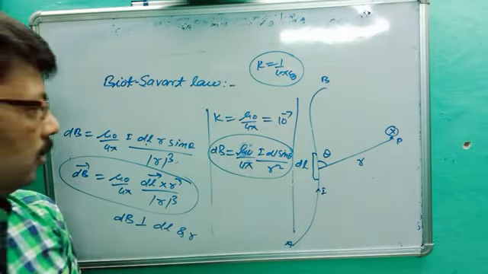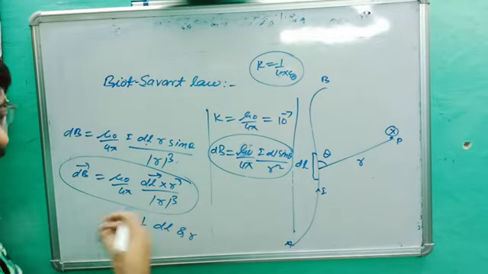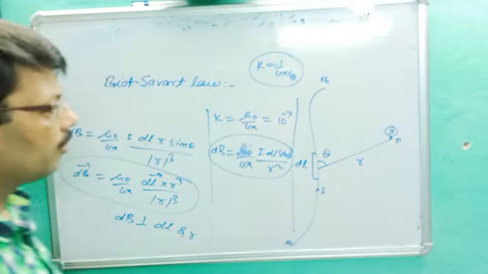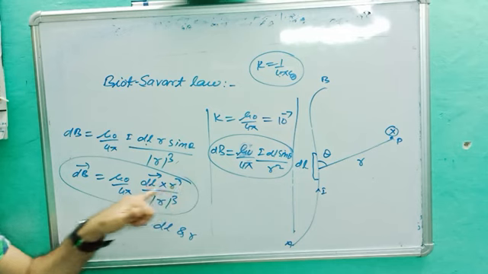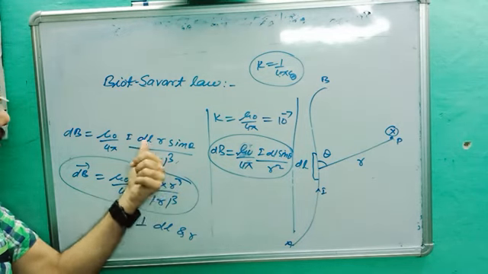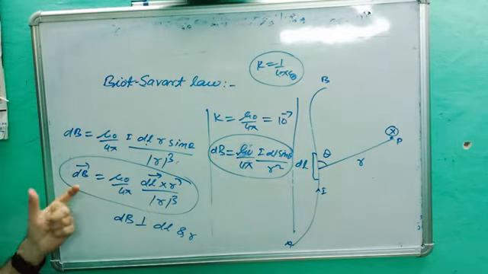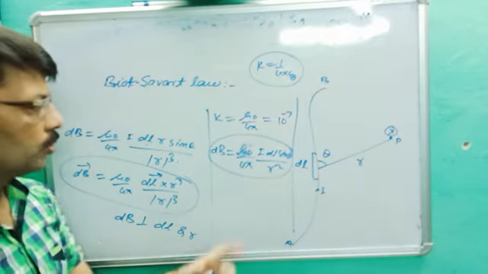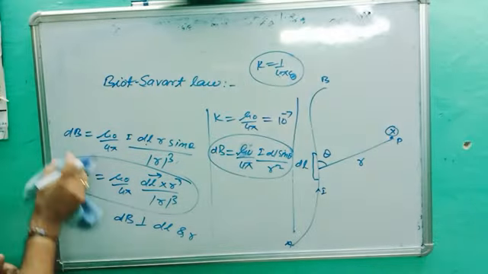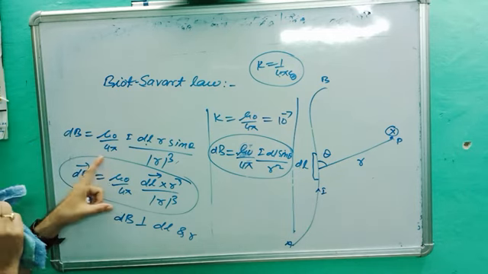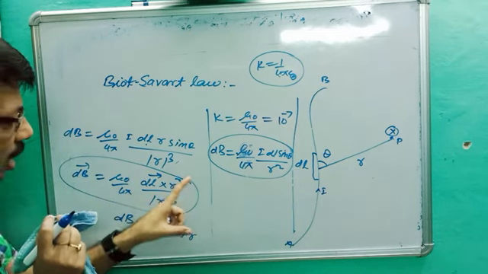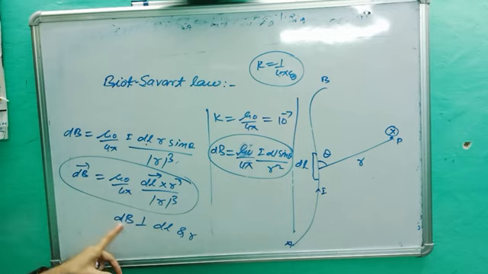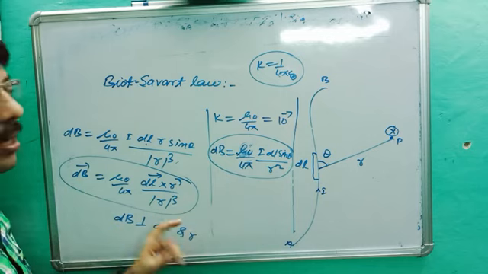Are you getting the point? This is a very, very important point. Many numericals are given in NCERT and different books. You can solve them by this. dl cross r is equal to dl r sin theta. So, you better know, it is always perpendicular. It could be inward or outward. So this is the vector form of Biot-Savart law: dB is equal to mu naught upon 4 pi, dl vector cross r vector upon mod of r cube. dB, the magnetic field, will be perpendicular to dl and r.